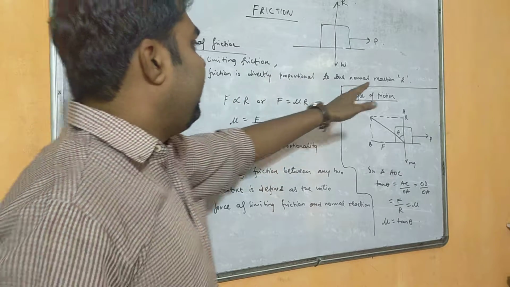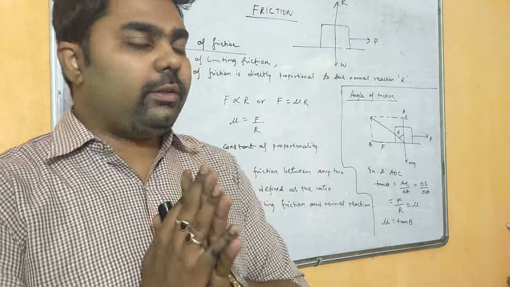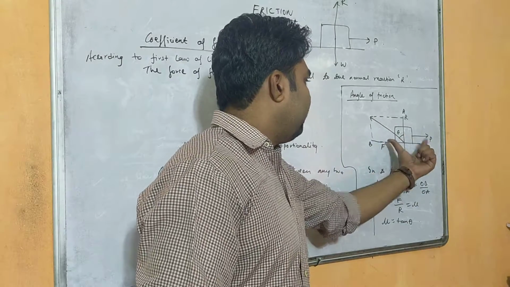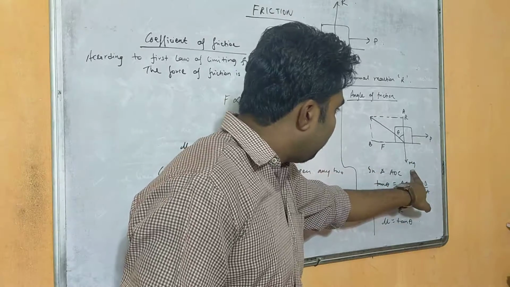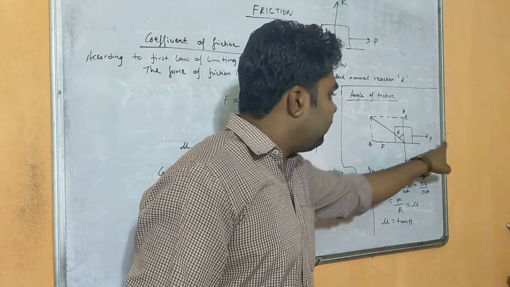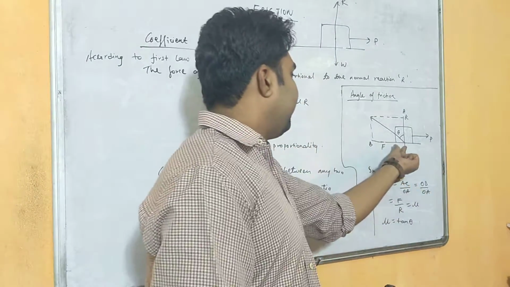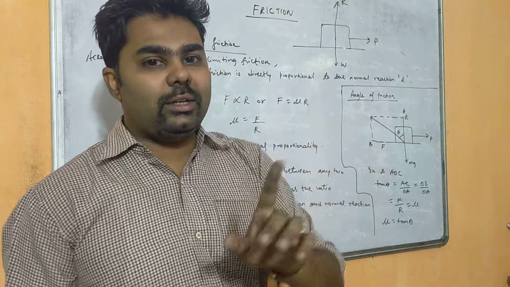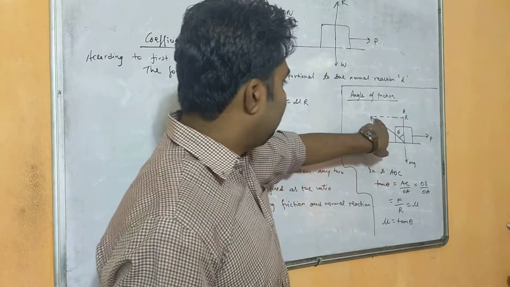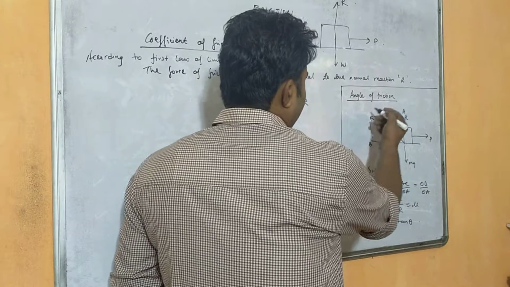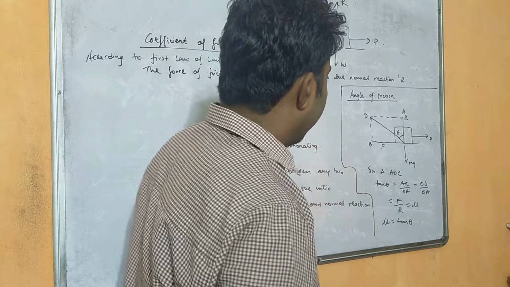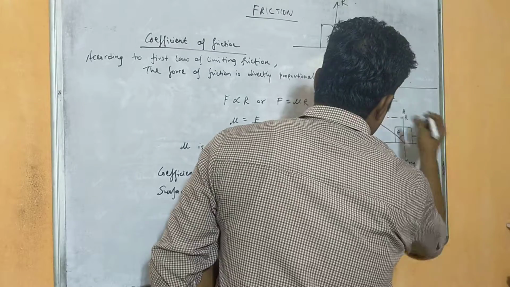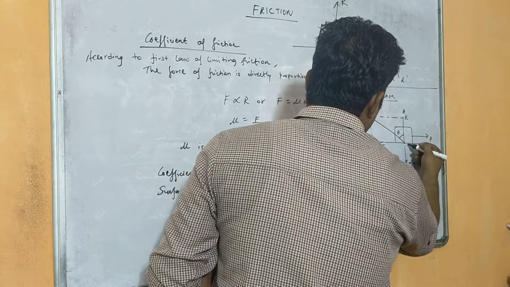Now what will be the angle of friction? Angle of friction means here, when an object is placed on a table, the reaction force is acting in upward direction and weight is acting in downward direction. When you are applying a force in forward direction, a frictional force is acting in the backward direction. So the resultant force is given by this diagonal, you can say OB, or you can place this one as C.